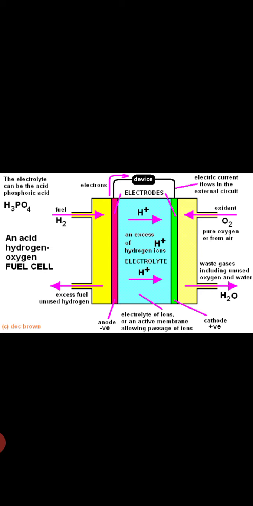Now, another important advantage of the fuel cell is that it is pollution free. Why? Because water is produced as a byproduct, so no pollution is created, and it gives you a continuous supply of energy. Fuel cells can supply energy continuously so long as the fuels are fed into them, that is hydrogen and oxygen. So long as you are feeding them, you will be getting a continuous supply of energy without any drop in the voltage or current. As long as you are using it, there is no drop in the voltage or the current. So these are the advantages: high efficiency, pollution free working, and continuous supply of energy. You will be getting it.